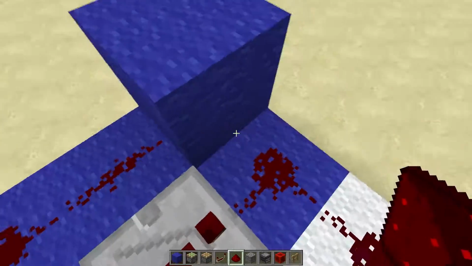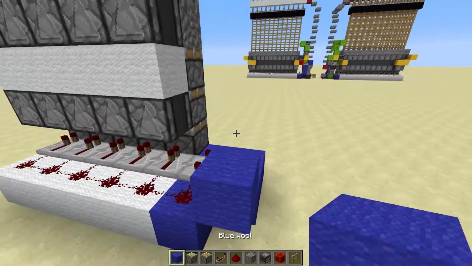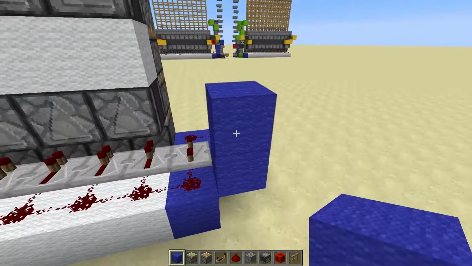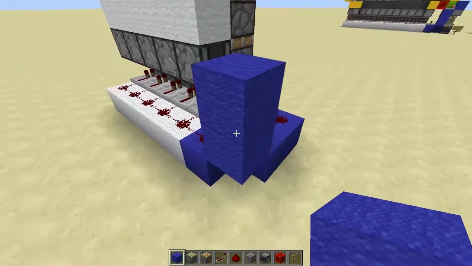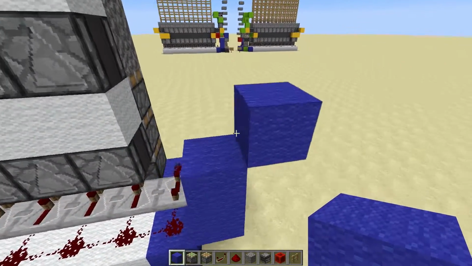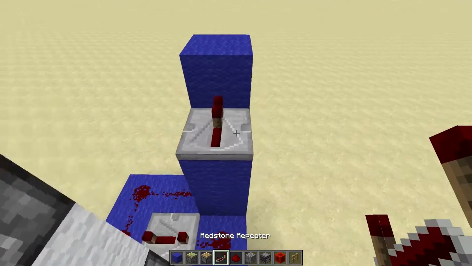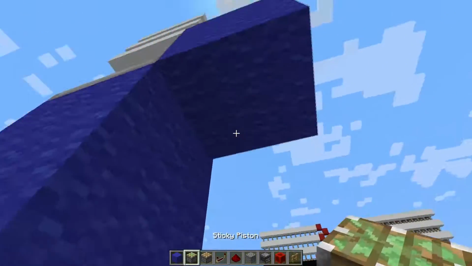Then simply put another blob of redstone by this block in front of that repeater. Next, place another full block. I guess it really doesn't have to be full. Above that raised block, and yet another block over here. Then on this block, put a repeater facing into this one. And lastly, put a